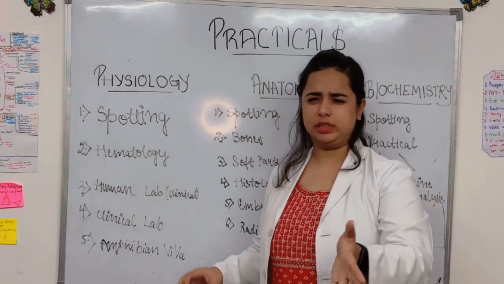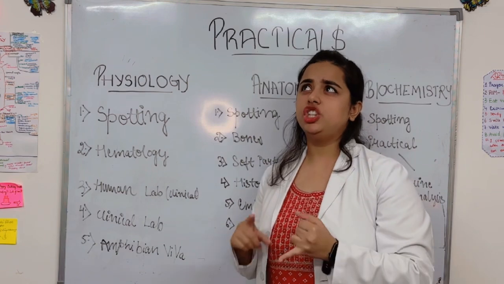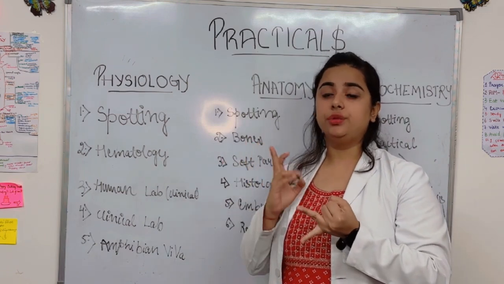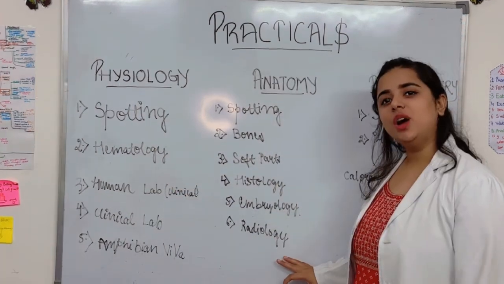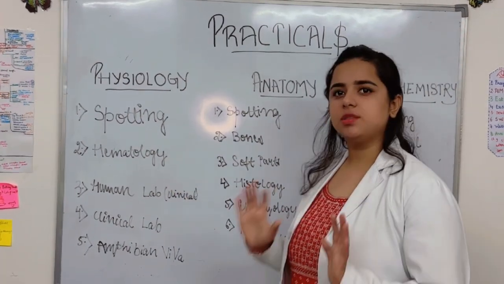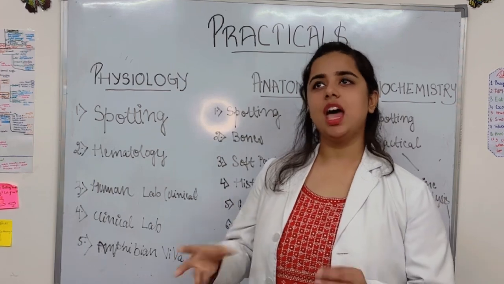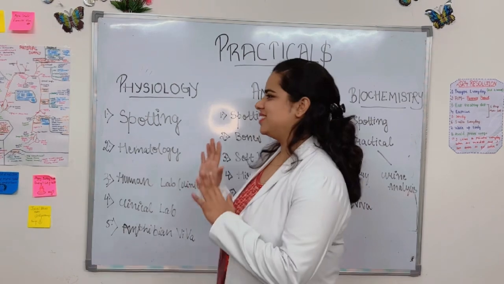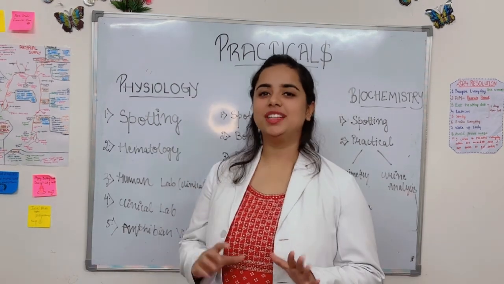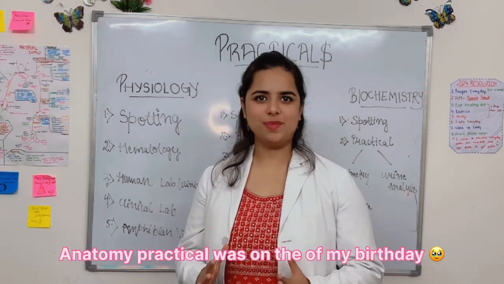Any organ may be placed, and you need to know especially the tongue, pancreas, liver, etc. The examiner can ask about them, and they are easy. Now in the radiology Viva, an X-ray is placed and the examiner can ask which part the X-ray is of. As you all know, anatomy practical is one of my favorite practicals,